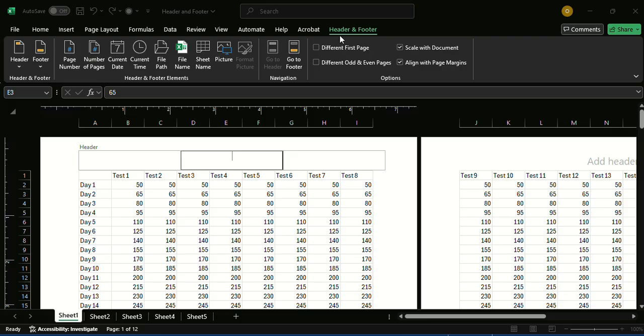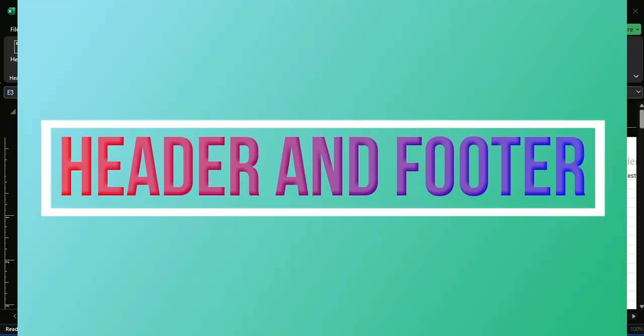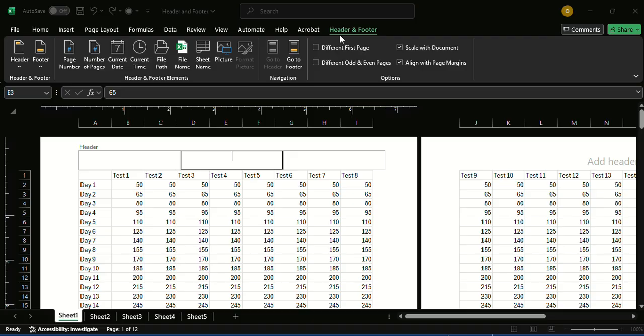In today's lesson, we're going to be looking at adding header and footer to your report in Excel. Adding header and footer to your report in Excel. Now there are several ways we can actually add header and footer in Excel. One way is by coming to